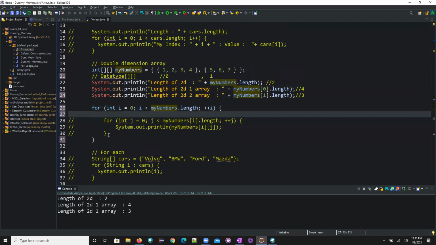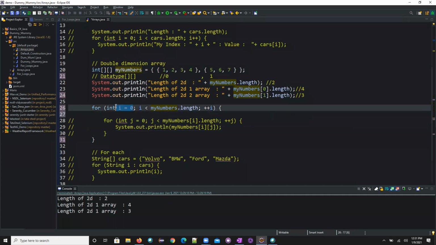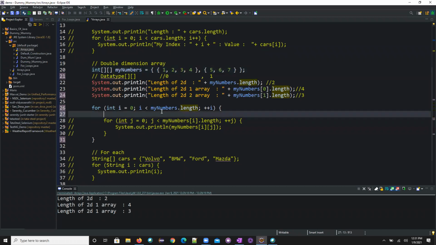So now let's go to this. You understand this, right? So I'm initializing i equal to 0, and then I'm giving the length, which means how many times it will run. How many lists do I have? 2 lists. So this is the first list and this is the second list. So the answer here is 2. Here I will be having i less than 2, because my numbers length I already printed here.